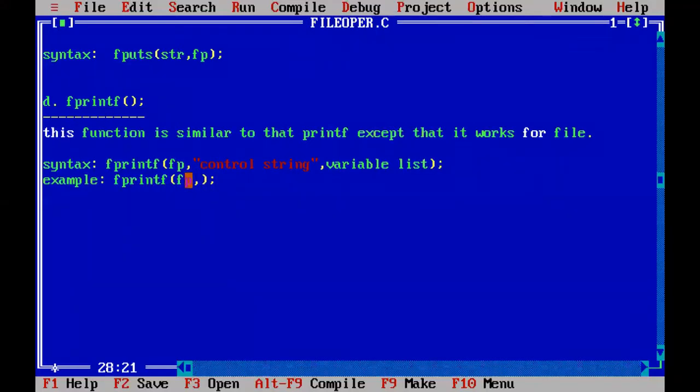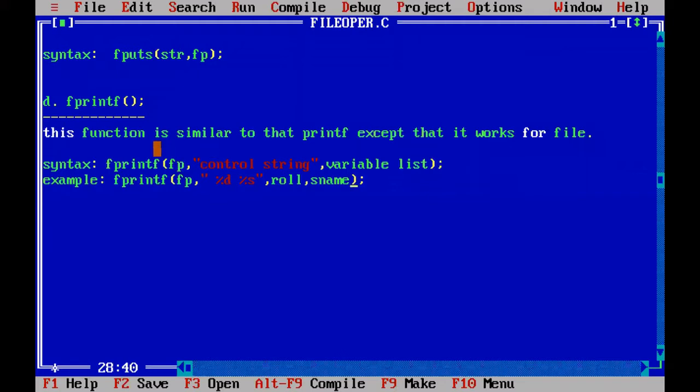When fp is pointing to a file, you can read data from the file and do other operations on it. So in a program, fp is nothing but a file. Control string: here I am writing %d, %s, then the roll number variable, which is an integer type, and the sname, the student name variable, which is an array of characters, which is nothing but a string.